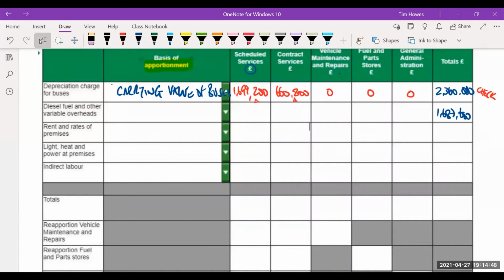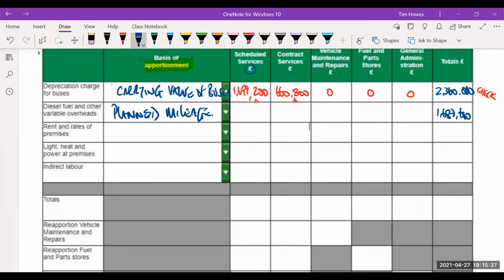Yeah, I'm guessing that diesel is pretty much going to be linked to how many miles you drive, and other variable overheads therefore likely to be linked, I would suggest, to the mileage that those buses do. Whatever you do in a bus, what do you do? Drive, that's what you do, isn't it? So Jenna, I agree with your planned miles. Claudine, I agree with your planned miles. So let me drop that in there, planned mileage, okie dokie. And then it's a case, isn't it, Zara, agree with you as well.